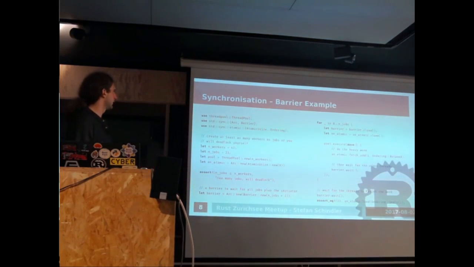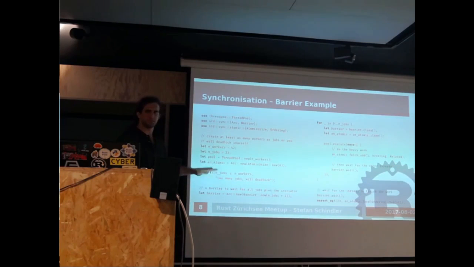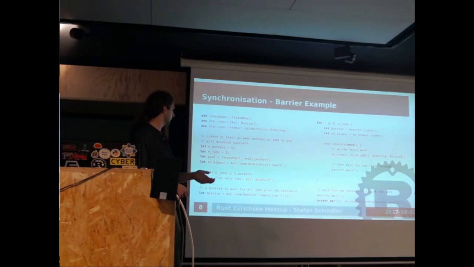It's getting messy, sorry. So we create a pool and something atomic. This is an atomic. It could also be something outside of the system, maybe a network connection or a file or whatever. Then we also have this assertion, which must hold true, or we will deadlock. Here we create the barrier, and since we want to wait for all our jobs plus our own thread, so we know whenever this barrier passes, we have the result that we are waiting for. So that's why there's a +1.